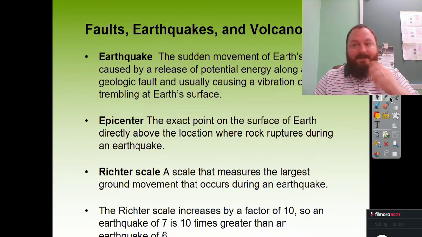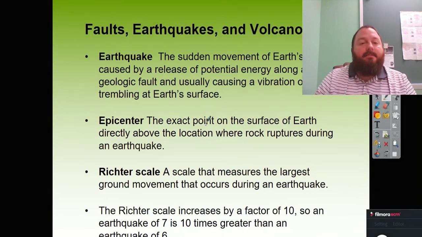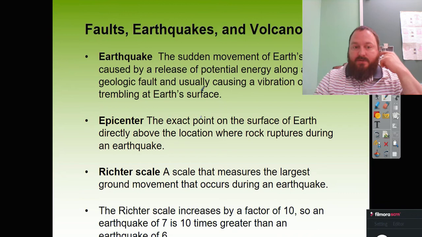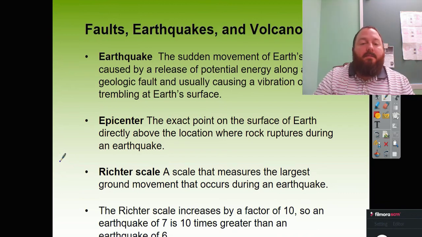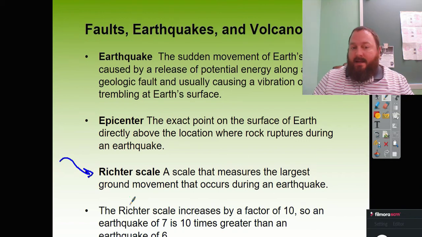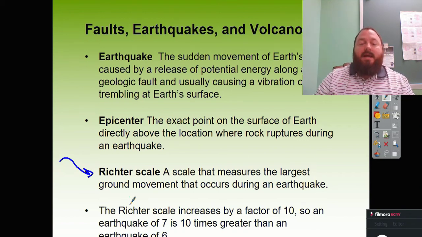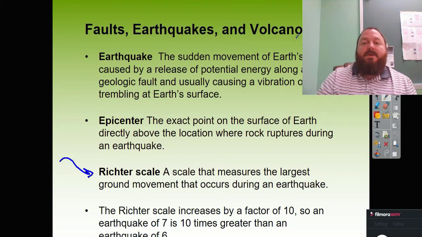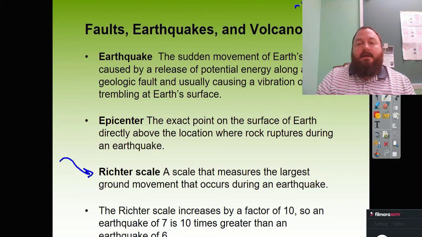Now, when we look at earthquakes, they are pretty important as far as the AP exam goes too. The power of them is going to be measured with the Richter scale. There was a guy named Richter who developed it. It's a logarithmic scale, so each number on the Richter scale represents a factor of 10 times greater energy than the previous number. So when we have earthquakes around here that are 3s or 4s, those aren't very much power